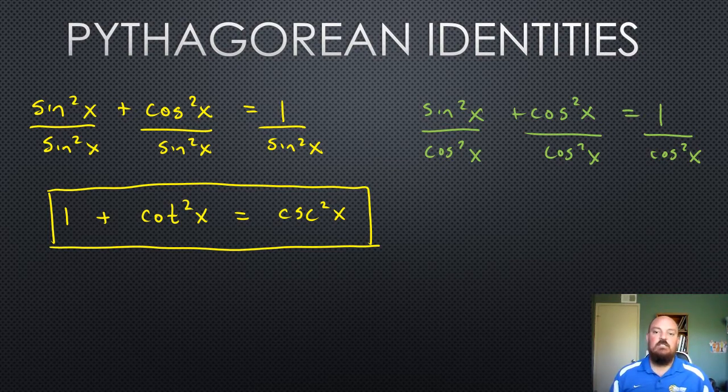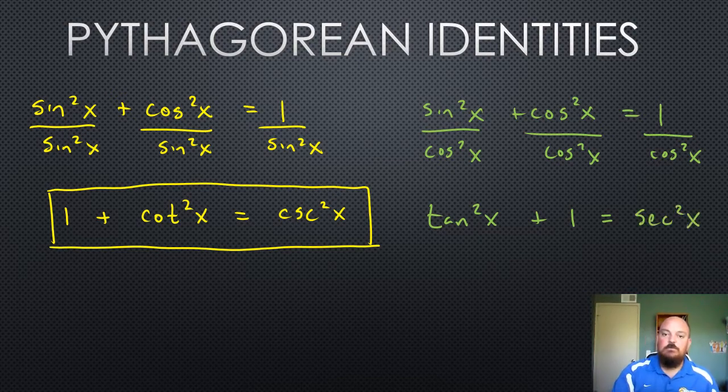So for the first piece, sine over cosine is tangent. That means sine squared over cosine squared is tangent squared x. The middle piece this time is the 1, because cosine squared x over cosine squared x cancels. And the last piece, 1 over cosine x would be secant x. So 1 over cosine squared x is secant squared x. See, those are the two other